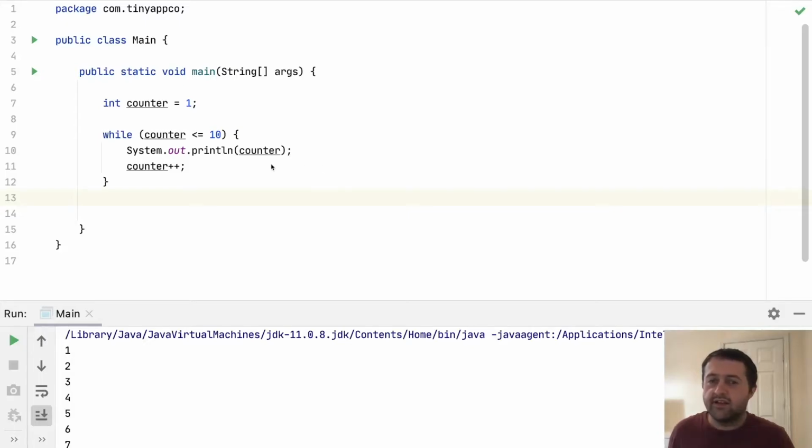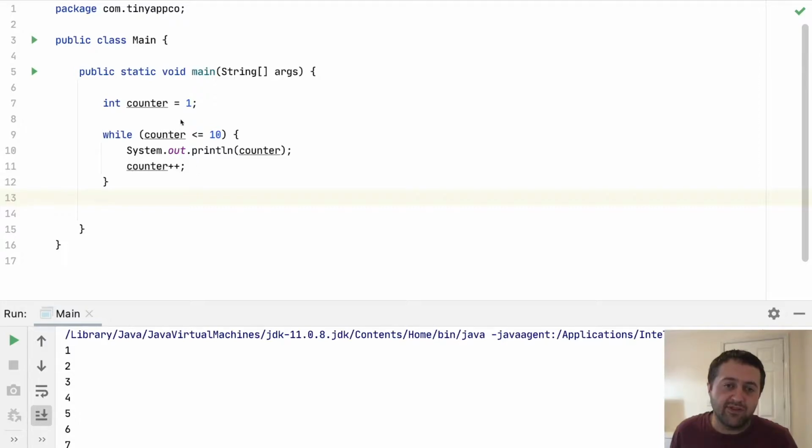We're going to look at a new type of loop today called the for loop. So what I've got at the moment is a while loop, and this while loop is designed to print out the numbers from 1 to 10. So we have a counter here. We have a while statement that continues whilst the counter has a value that is less than or equal to 10. What it then does is print out the value of the counter, and then it increments the counter by